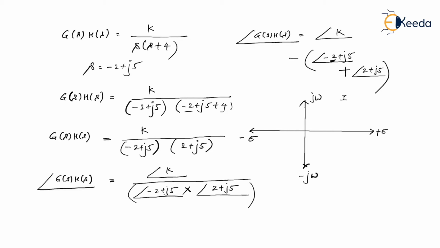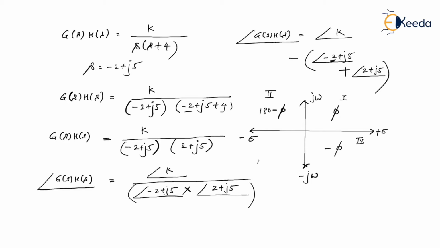Then the angle is simply phi. And if it is in the fourth quadrant, let's say, then the angle is simply minus phi. I'll tell you how to calculate phi. Meanwhile, over here, I can write it is 180 minus phi. That is in the second quadrant, where your real part is negative and imaginary part is positive.